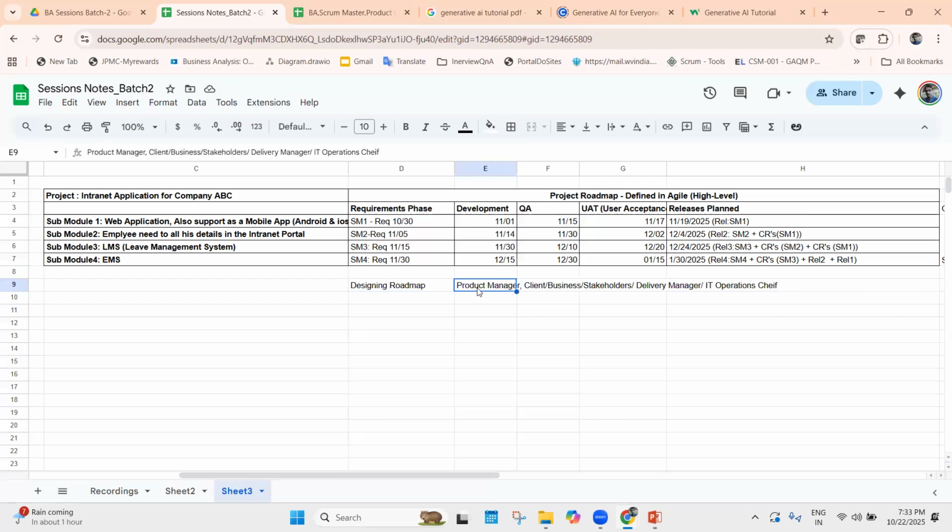Then you can ask what will be the role of a BA or the PO, as they don't have any idea or are not actively involved in designing the roadmap. But what the BA or the PO should know here is they need to have the complete vision of the roadmap. So BA or PO,